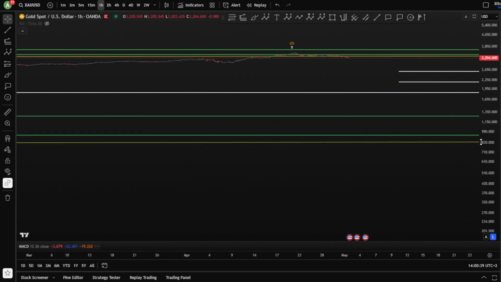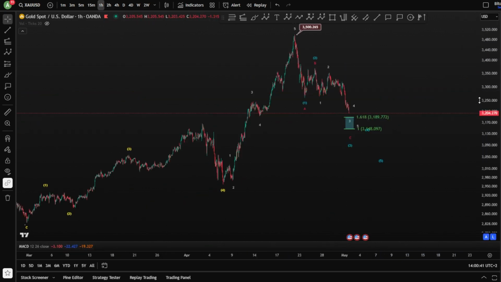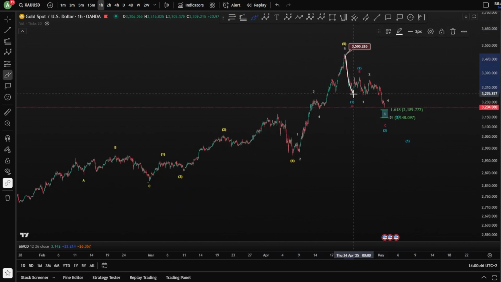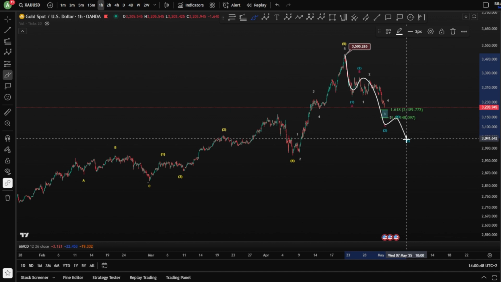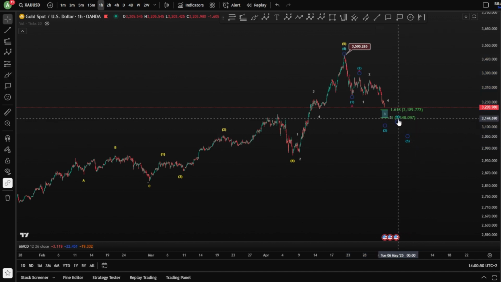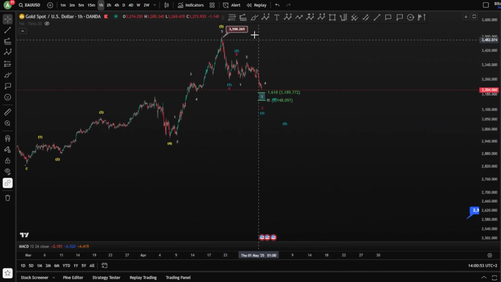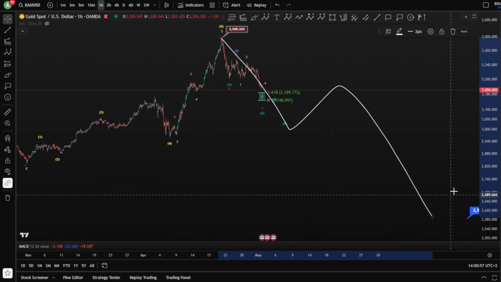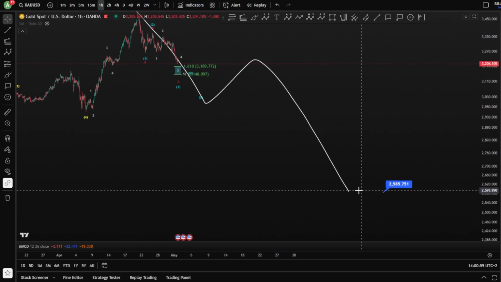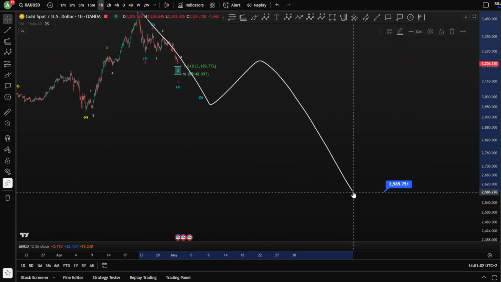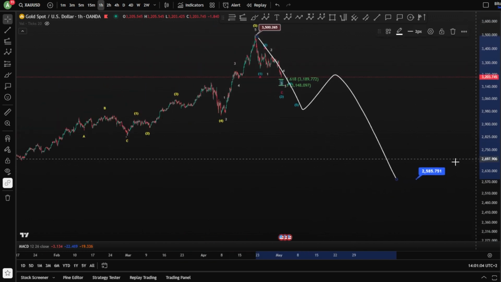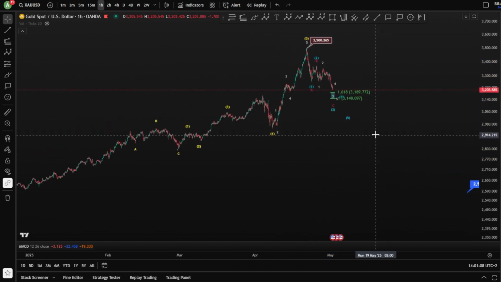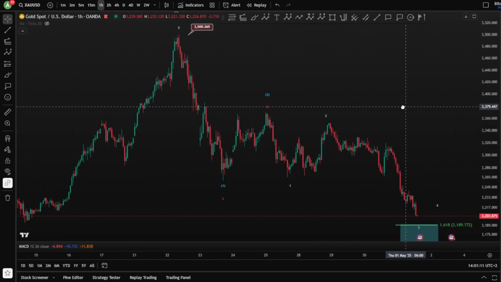And currently on the 1-hour chart, it is working perfectly so far, especially if we see an impulse 1, 2, 3, 4, and a 5, which is your blue count here. That means it's going to transform this into a wave A and then B and a C to reach the 2,500, which is your target as a correction for a wave 4 and potentially continuation toward the upside. So let's watch what's going to happen on the 1-hour chart.